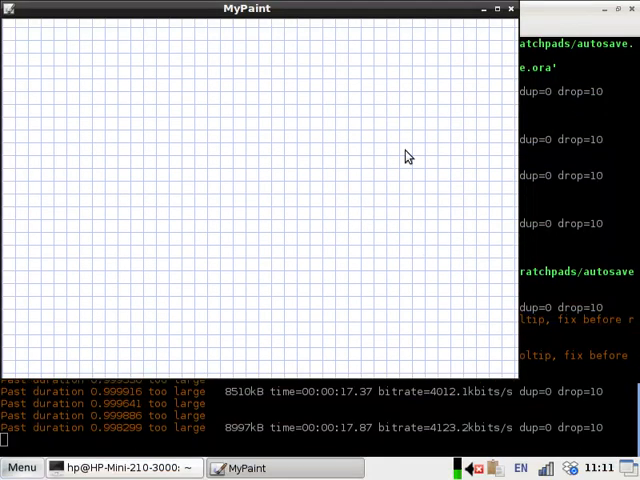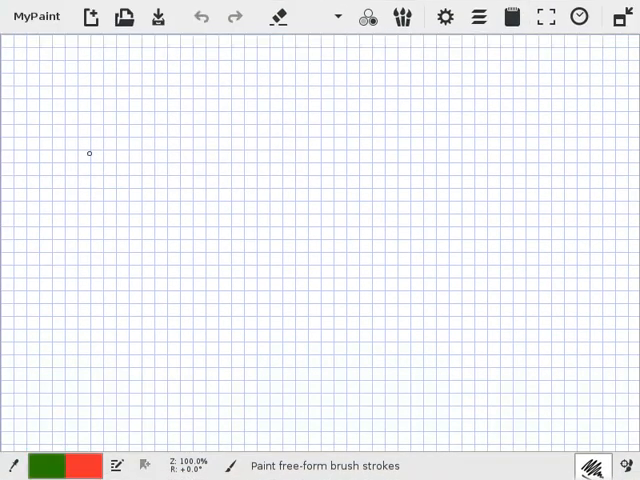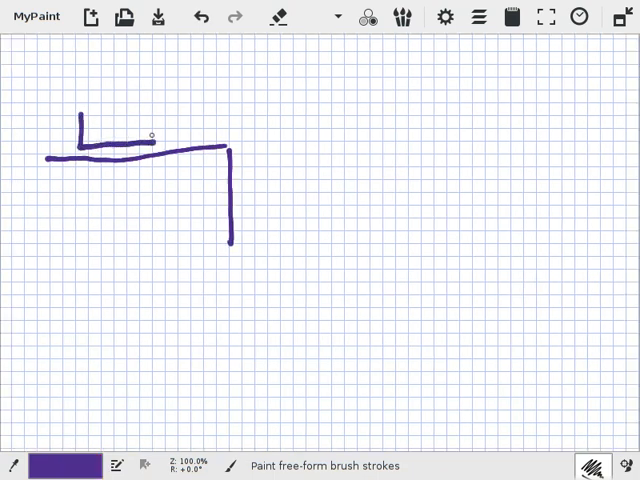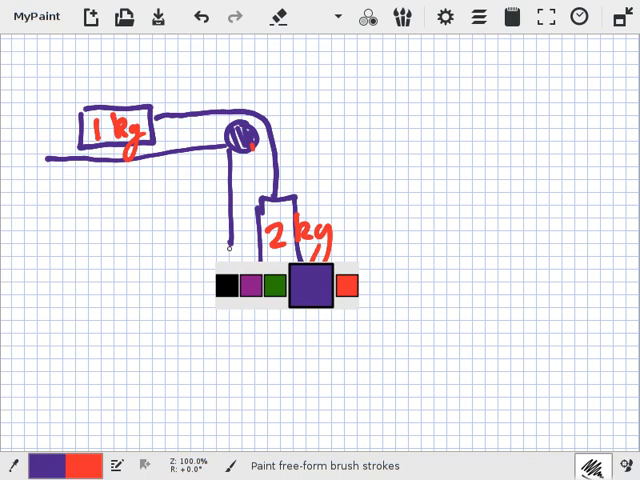Okay. So let me just draw the picture here. You've got your table. You've got your car here, and one here. This is the wheel. And this is 1 kg, I think, yeah. And this is 2 kg. Right, now,